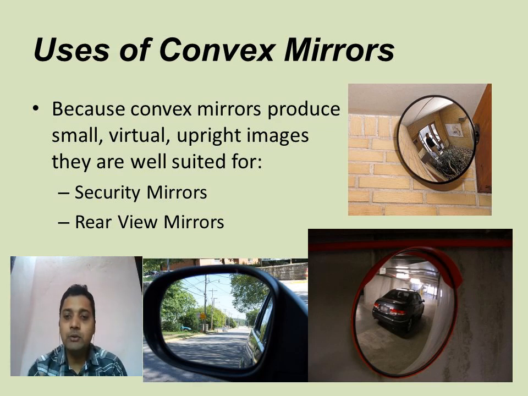Here we will only be able to know about the shape, but we will not be able to get the actual distance of the vehicle, and we will not be able to get the actual size. It is always a diminished image, a smaller image, but a larger part can be covered in a small mirror.